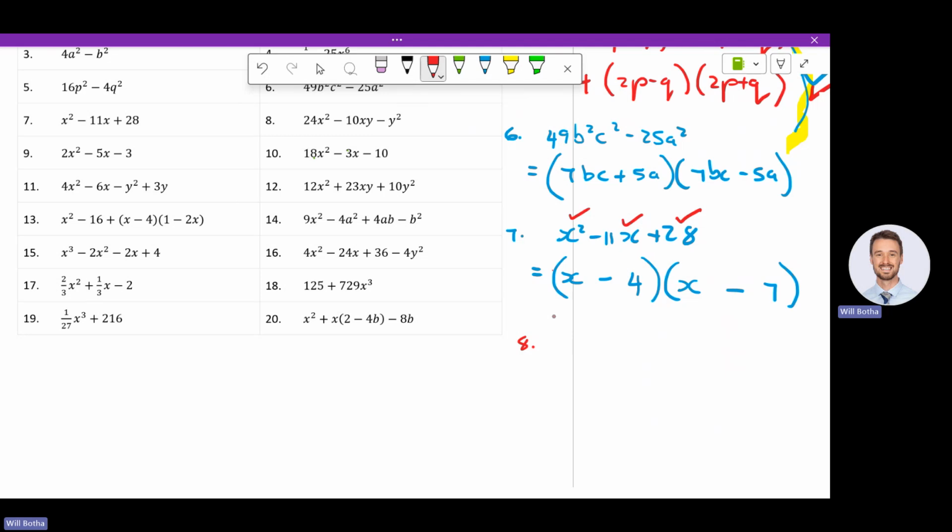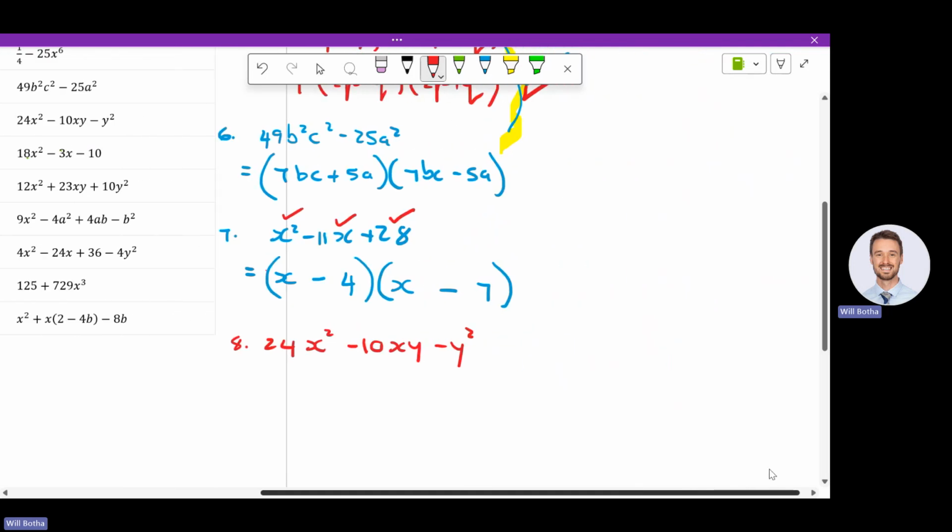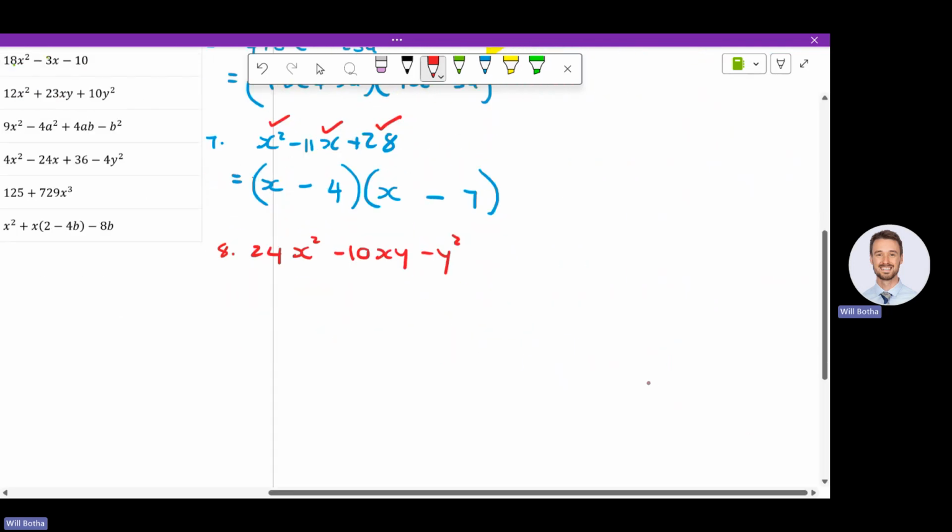Okay, then we start with number 8, or number 9. That's fine, no need to freak out. Hopefully when I do number 8, you'll say, okay, I see what happened. I'll now try number 9. So it looks like this. We're going to make a proper effort to do this the right way.